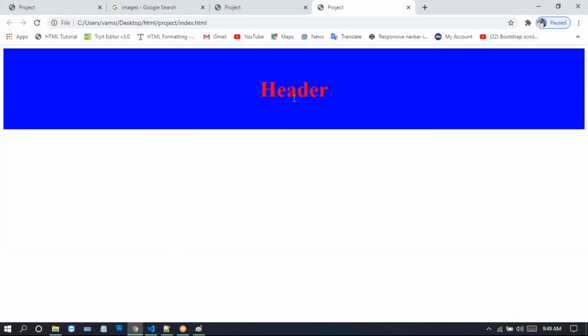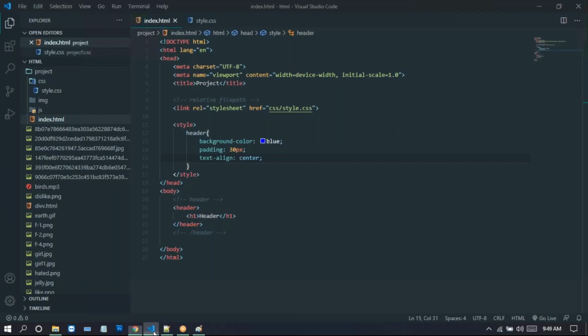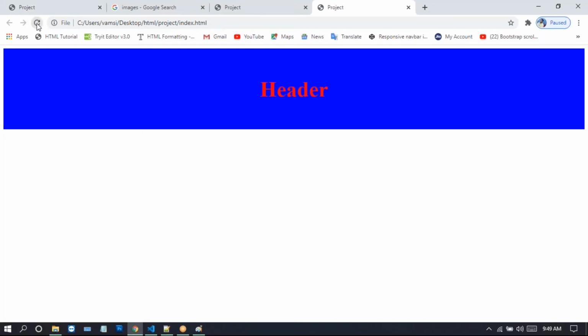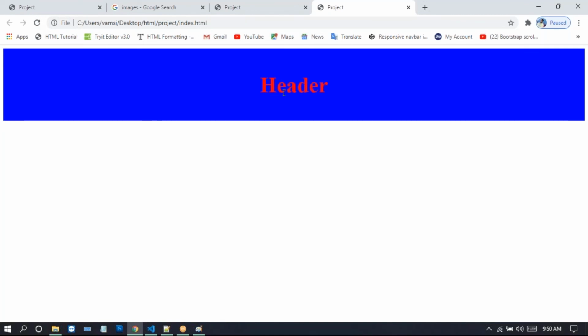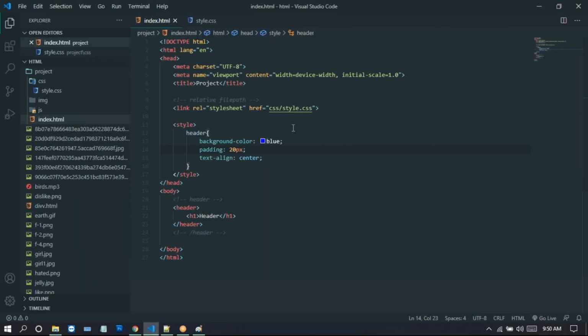So go to this browser and refresh this one. See, they're having this header tag like this. So we can decrease this padding to 20 pixels, or else 10 pixels, or else you can take the 20 pixels. Now you can run this one on the browser. So look at this one. Very good. Now we just created the header here.